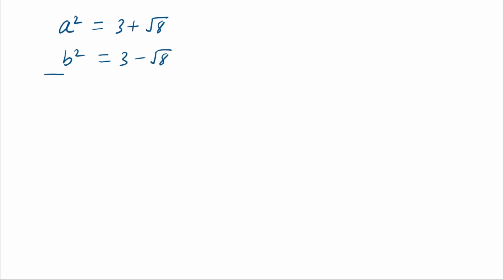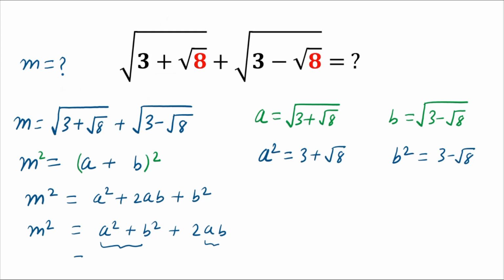If we add both the equations, then on the left hand side a square plus b square is equal to, here plus square root of 8 and here minus square root of 8 cancel out. Then on the right hand side 3 plus 3 is 6. So the value of a square plus b square is 6. Here m square is equal to 6 plus 2 times